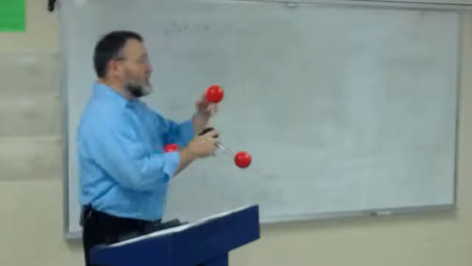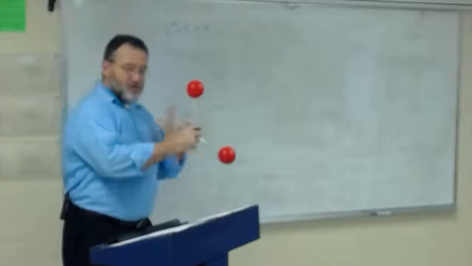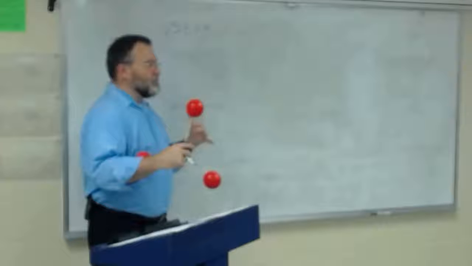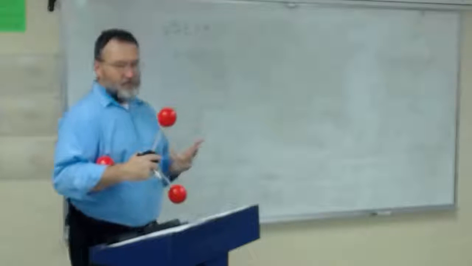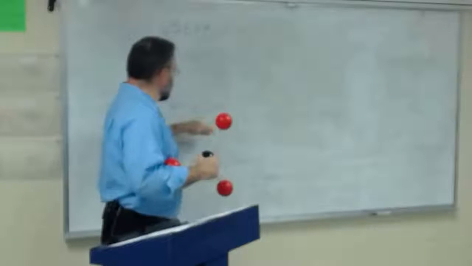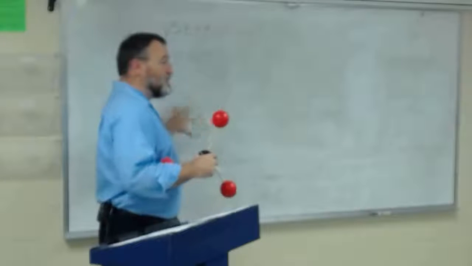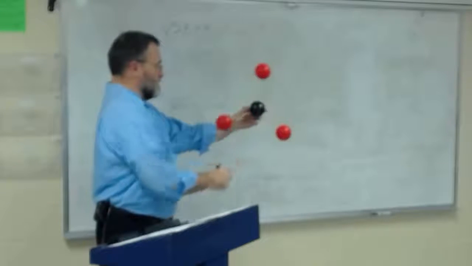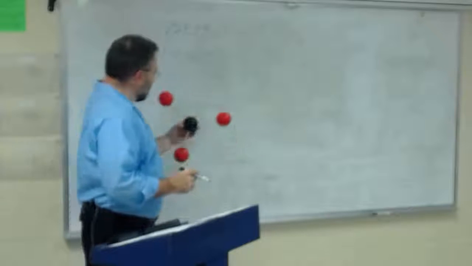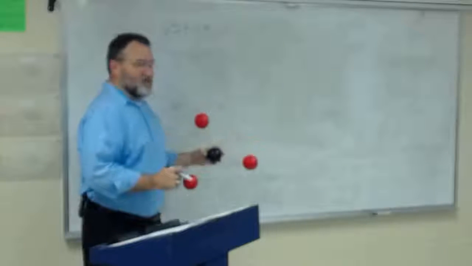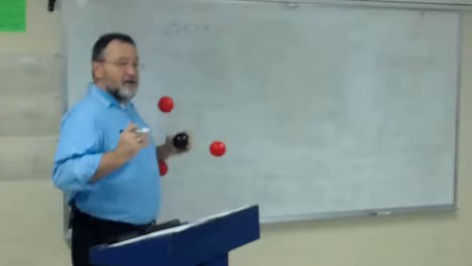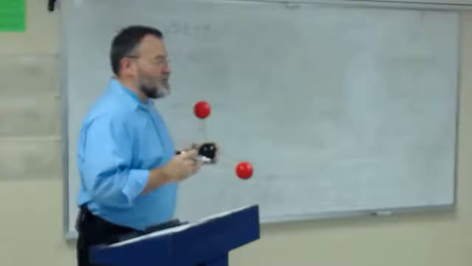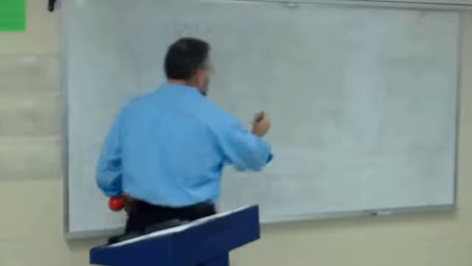Now, when you're drawing your VSEPR diagrams, your 3-dimensional structures, a double bond does not have any more repulsive force than a single bond. Okay? So it's not like this is twice as strong as this. They're all going to be equally repulsive. Now, when I take this in 2 dimensions and I try to push every bond away from each other as much as possible, do you see that it's going to become